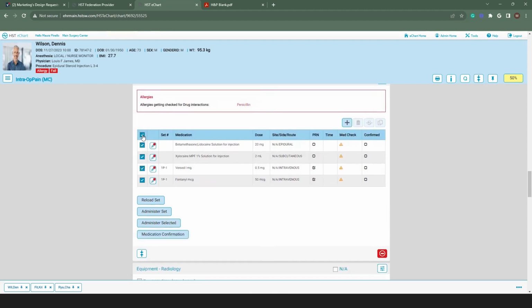So you can select them all and administer selected. You can select just a couple and administer them together if you'd like. These two, Versed and fentanyl, we have here as a set, and you can administer them as a set. So if I say administer the set, it's going to go ahead and put in the now time for the